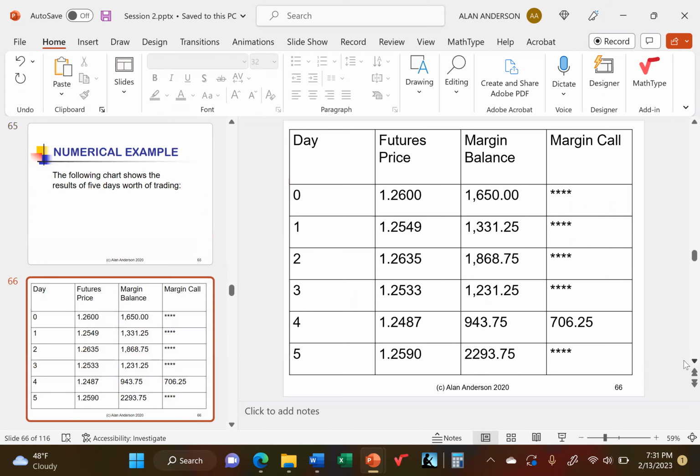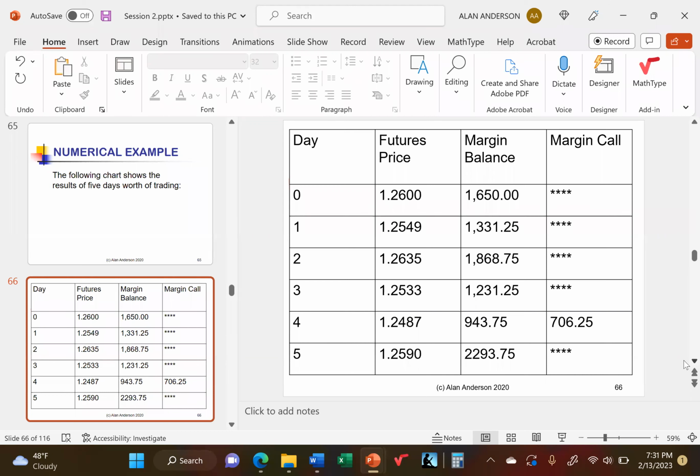So yeah, here we go. So I put together this little chart, and you can see from day to day the futures price, and the first day it goes down. Now remember, we have the long position, and so that means when the price goes down, we lose money, right? If it goes up, we make money. So each day I've recalculated the margin value balance based on the fact that the position is for 62,500 pounds. So the value of the margin you can see on the right,